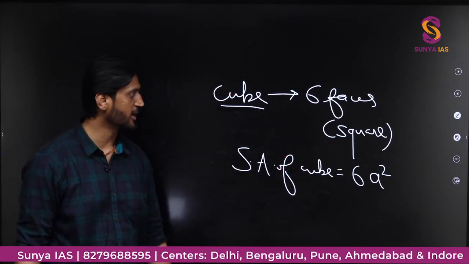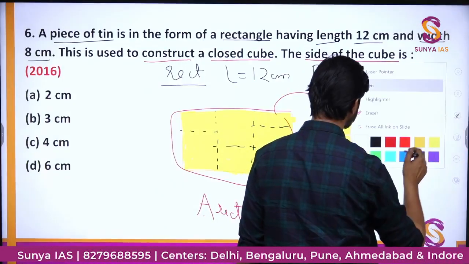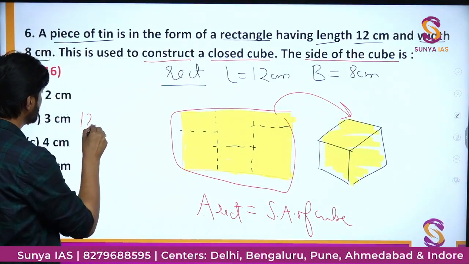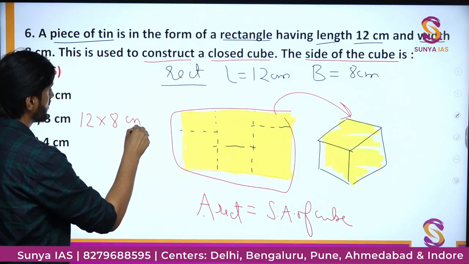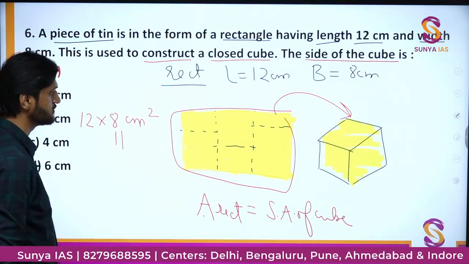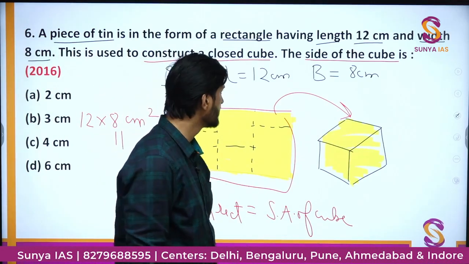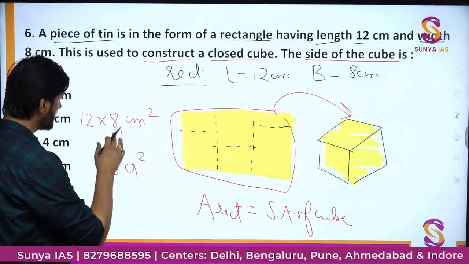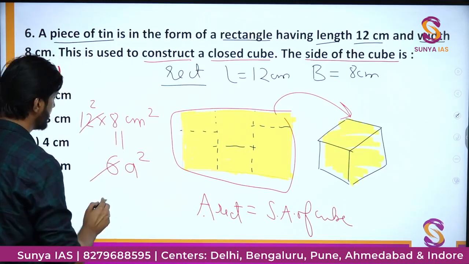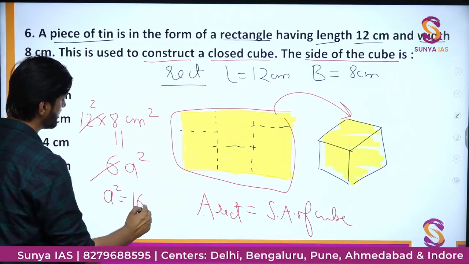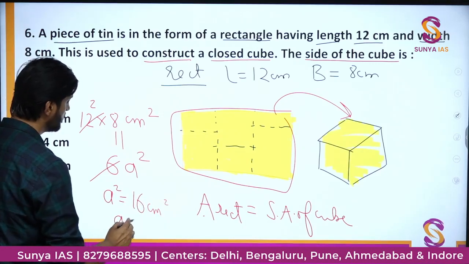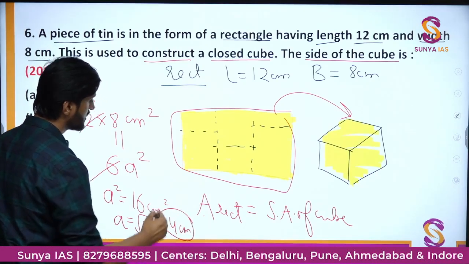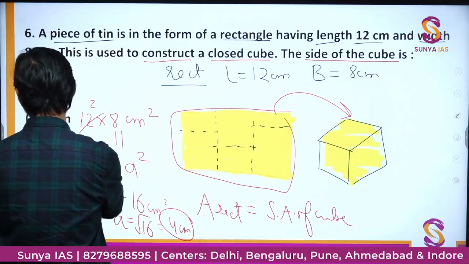The same thing we have to apply in this particular question. Here we will have the area of the rectangle as 12 into 8. So 12 into 8 centimeter square would be equal to the surface area, that is 6a square. Simply, just cancel out the values, and a square will be equal to 16 centimeter square, and so the side of the cube a is going to be root of 16, that is 4 centimeter, and therefore the side of the cube we found out as option number C,